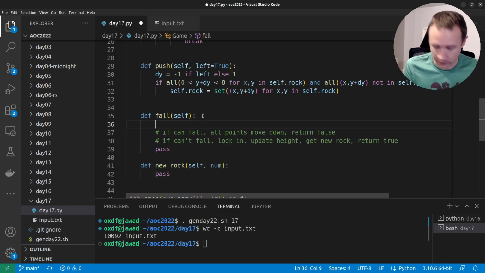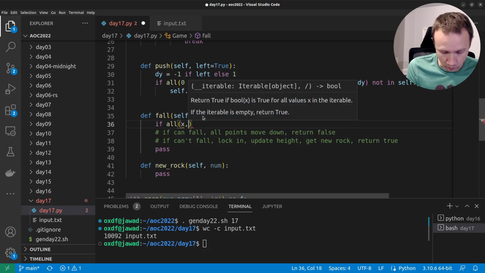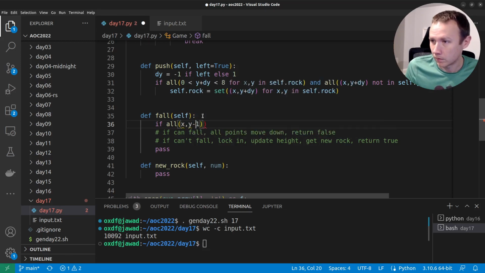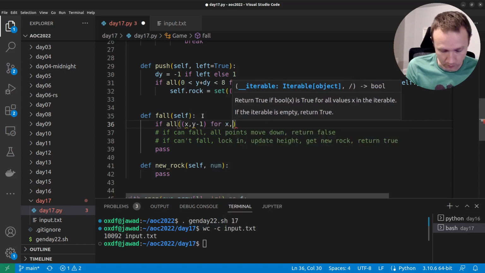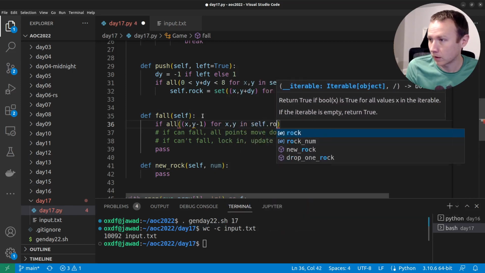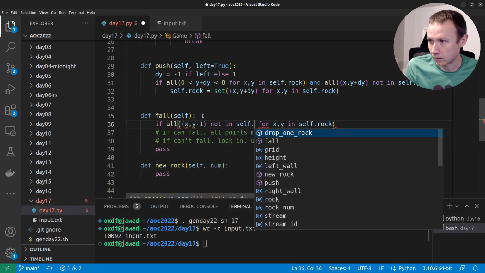We just have to say if all, x comma y minus 1, so if the tuple x comma y minus 1 for x comma y in self.rock, okay, so if all of those tuples not in self.rock,